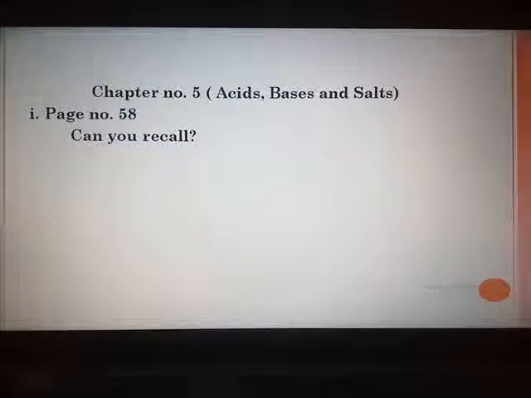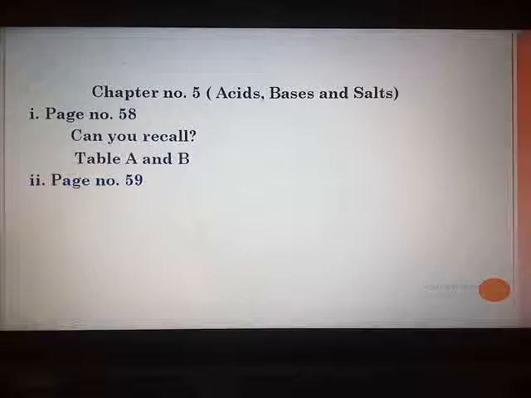On the same page, in the center, a table is given which includes both A and B parts: name of the compound, molecular formula, basic radical, acid. That entire table you have to remove, both column A and column B. Put a big cross on the entire table. On page number 58 you only study the last paragraph below the table.